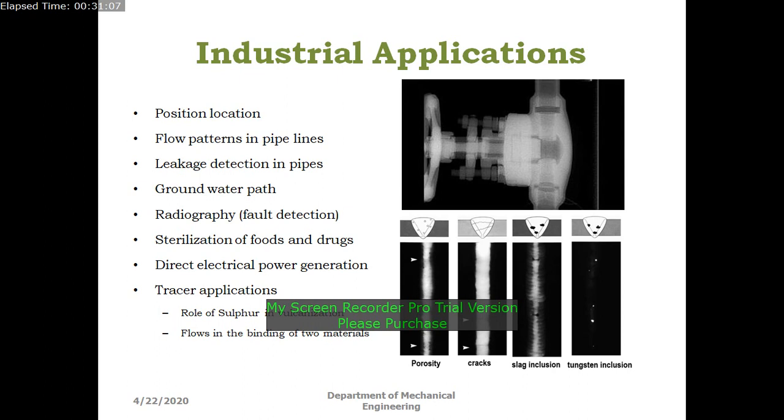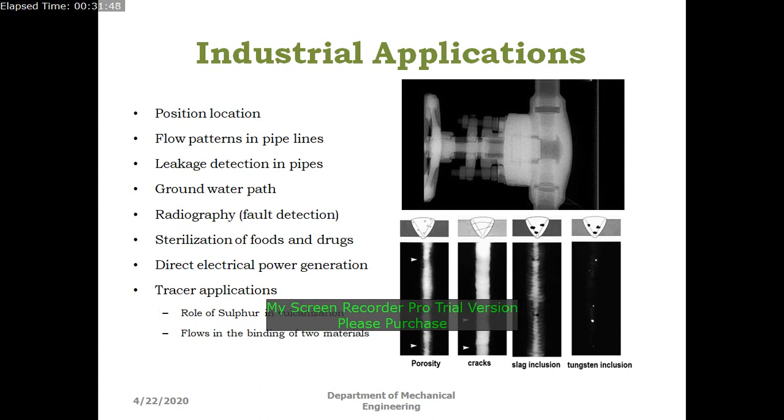Next one is the flow pattern in the pipelines. If you want to know whether there is an obstruction in the flow, or a sudden increase of pressure inside the pipe, or if there is any leakage, even for such kinds of identifications we can use this. How? We can drop a small radioactive element into the pipe along with the working fluid. Once the working fluid flows through the pipe, this radioactive element also flows, and when there is a leakage, we can see the radiation coming out. With the help of radiation sensors, we can identify that there is a leakage at a particular location. In that way it can be used.